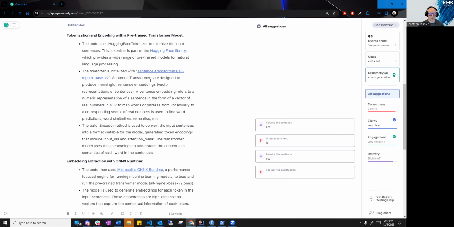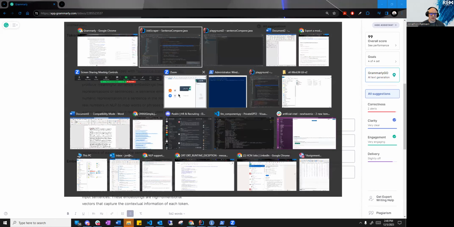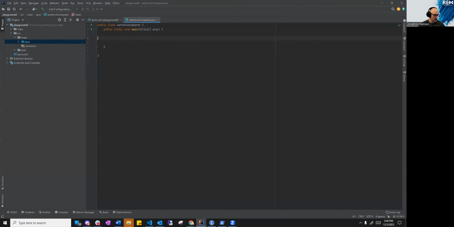So essentially, it's going to encode those. We're going to compare the encodings through cosine similarities, and then we're going to use that number to essentially create a percentage of how similar those words are based on the semantic similarities of the context. So step one, like I said, is going to be creating the Hugging Face tokenizer. So we'll do